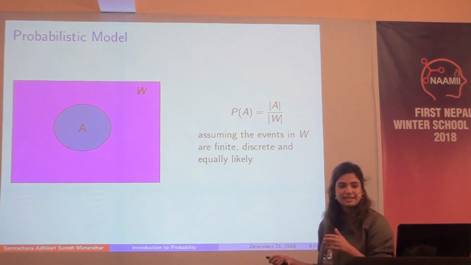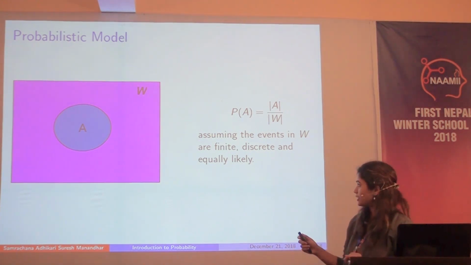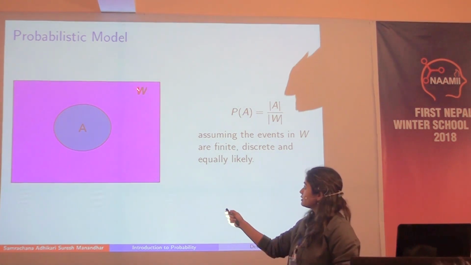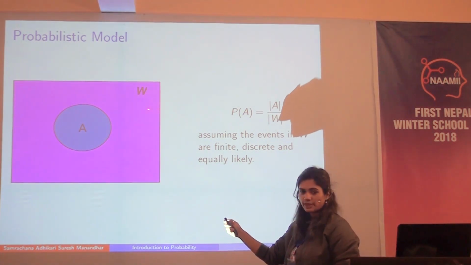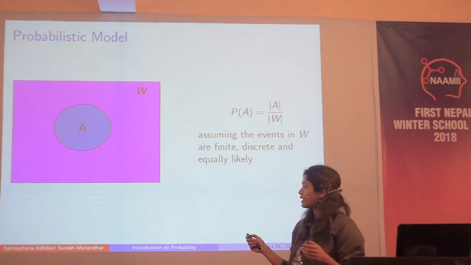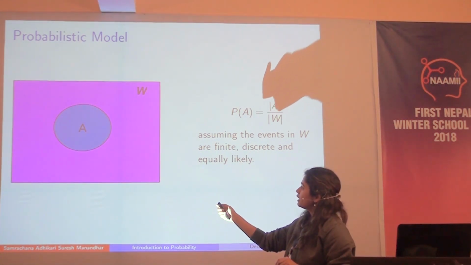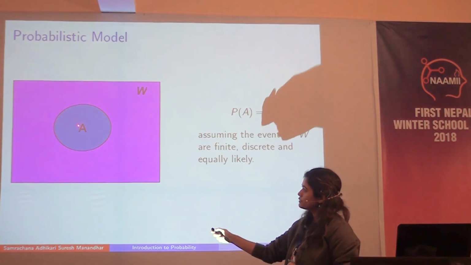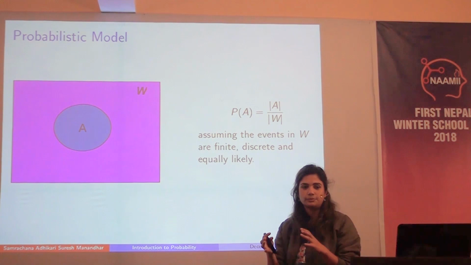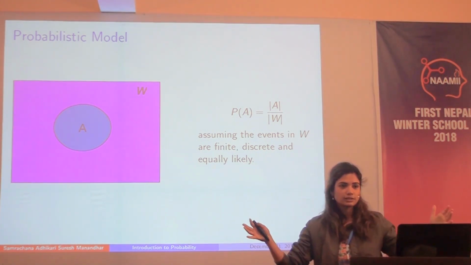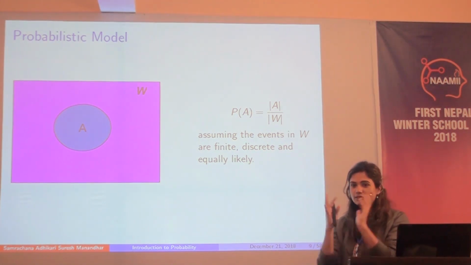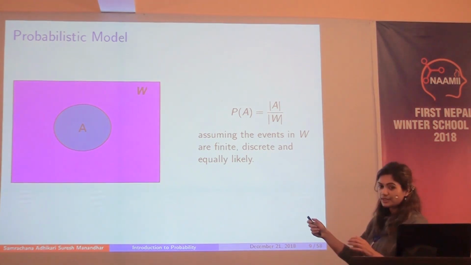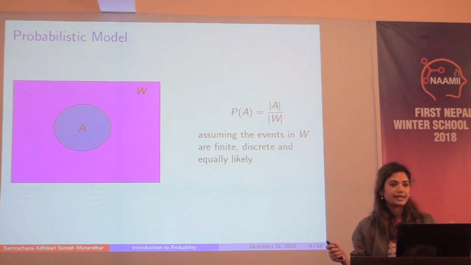So the same thing I just talked about earlier, if we were to see this in set representation, then omega, or W, is the outcome space: all possible events for that set of outcomes. And then A is the event we're interested in. So A always falls within omega. There is a bigger world with everything possible, and then the smaller set. And assuming the events we're talking about are finite and countable.